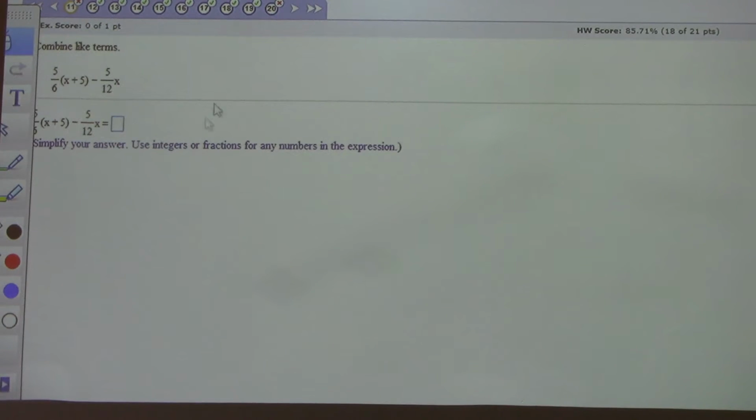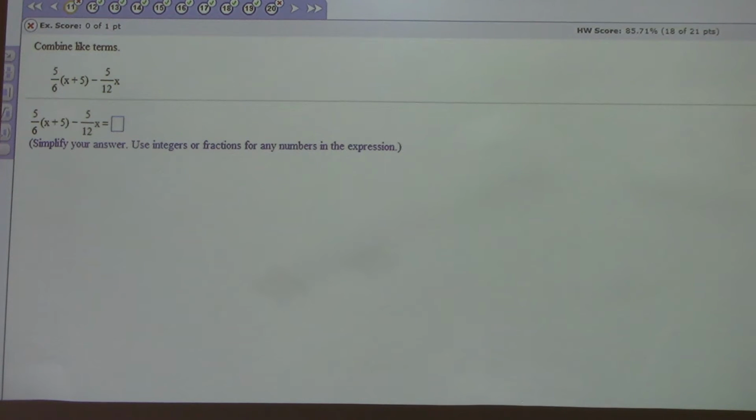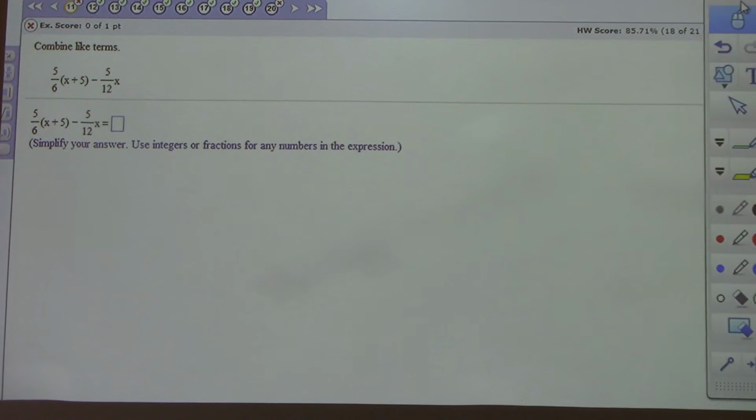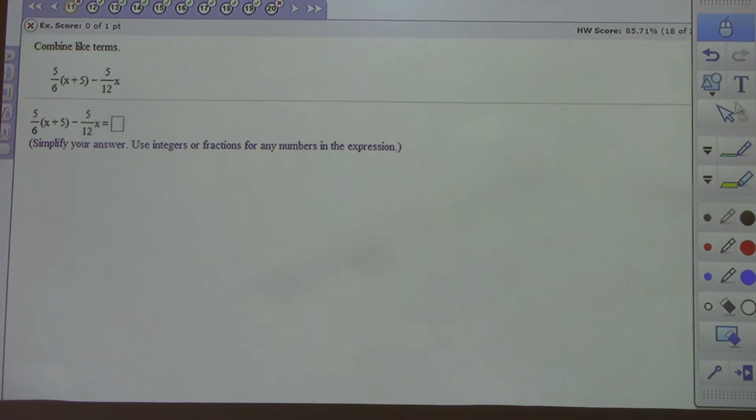Number 11. Again, is this an expression or an equation? Expression, because it doesn't say solve. So this one says 5/6x plus 5